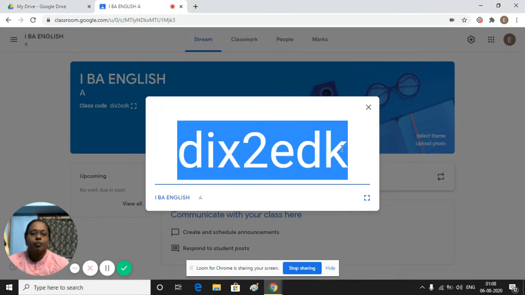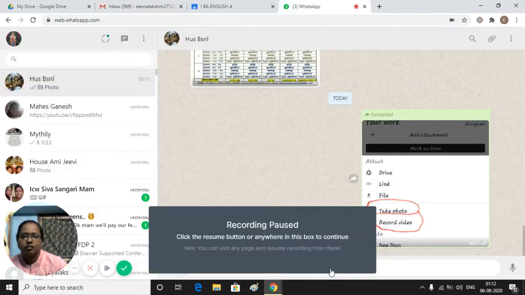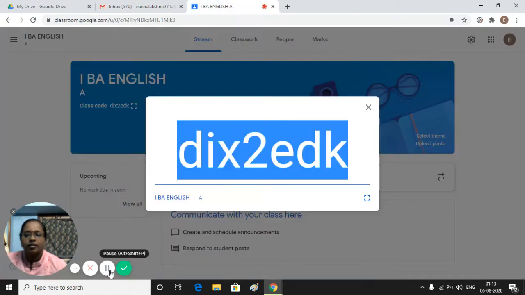For that, you have to copy the code. Now the code is copied and sent through WhatsApp.